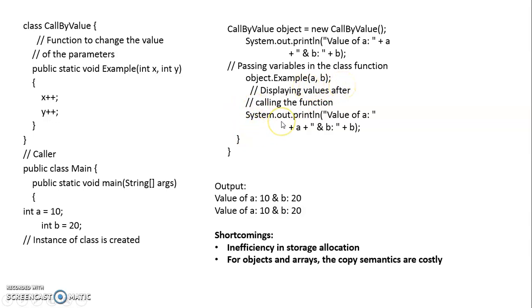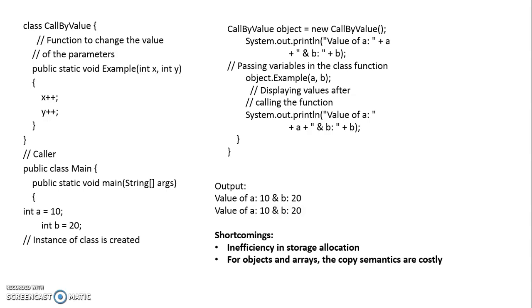It will not affect the values of a and b. Now here again I am printing the value of a and b. So it will give the actual values, that is 10 and 20. Whatever changes are done in the formal parameters will not affect the actual parameters. x and y are formal parameters, a and b are the actual parameters. So in both cases it will print the same values, a that is 10 and b that is 20. So this is the case of passing the parameter by value.